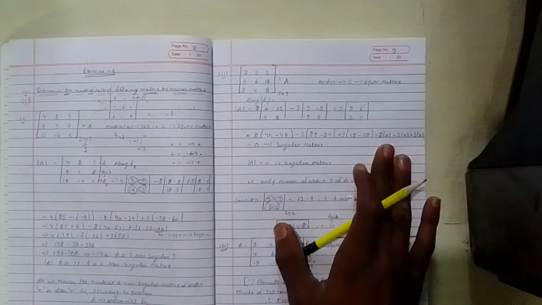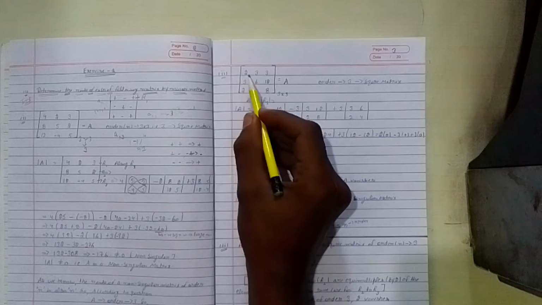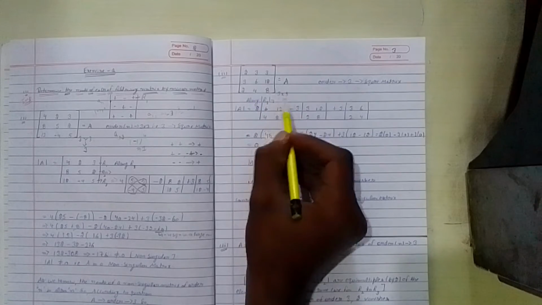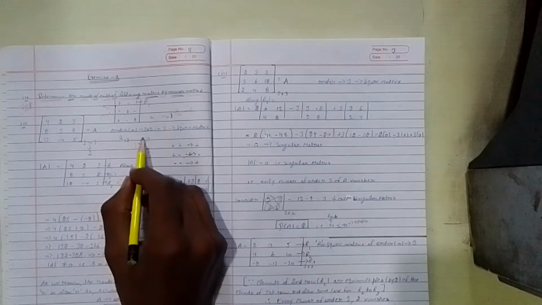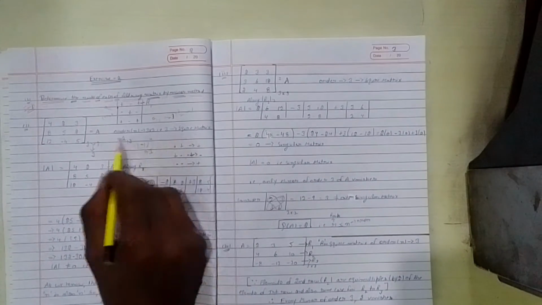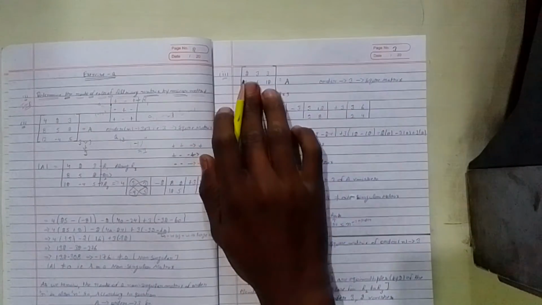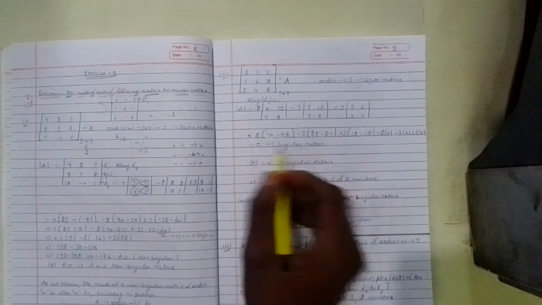Maybe you can understand this question carefully. Clearly, sorry, I made mistakes. Okay, 2 3 3, 3 2 6, 4 12 8. The given matrix is also a square matrix, order is 3 and it is a square matrix. Here we also write it. So also write this thing in every question. After seeing your question, you should write these things for a minor method.